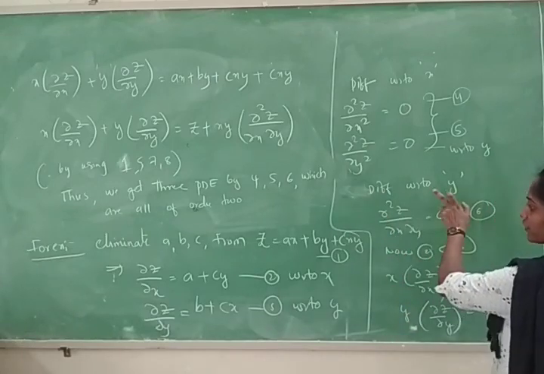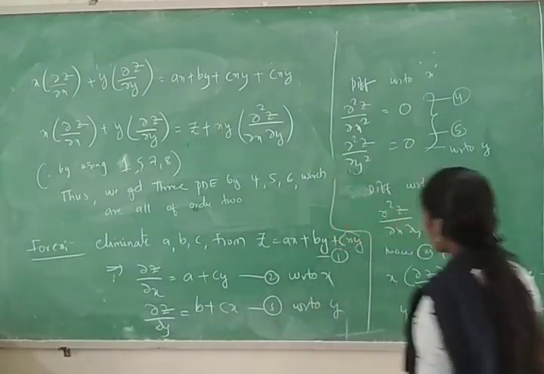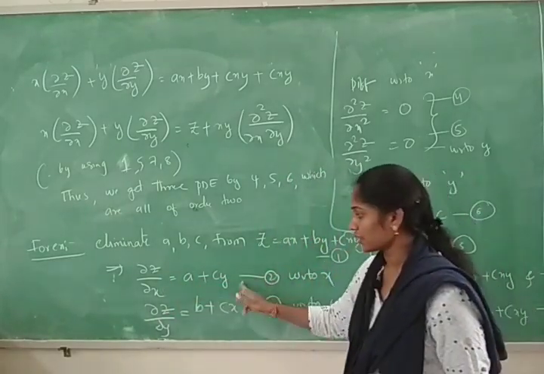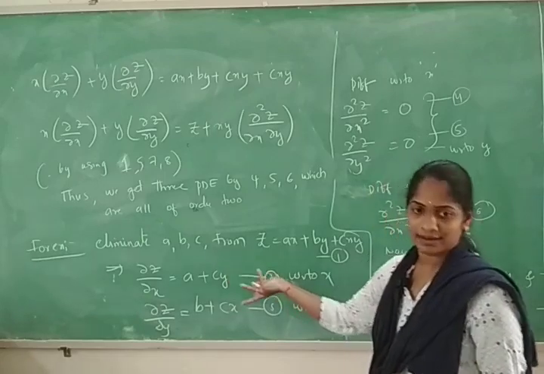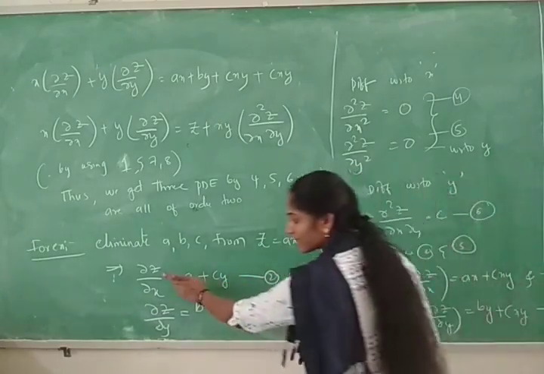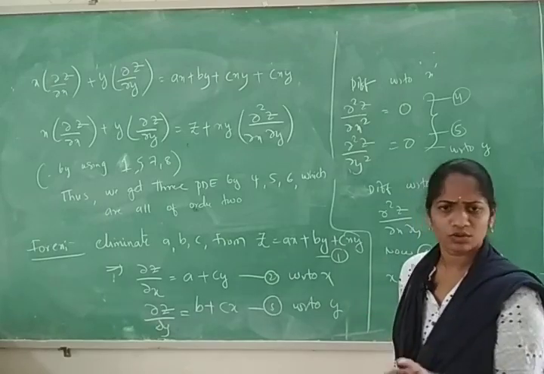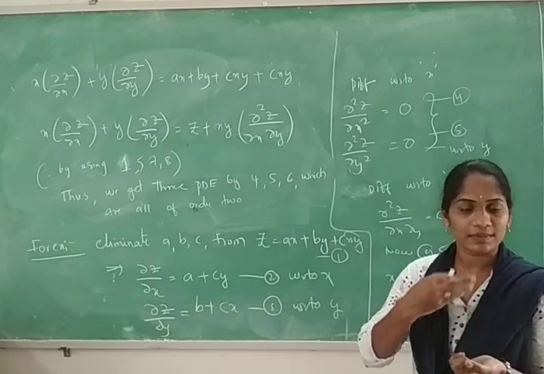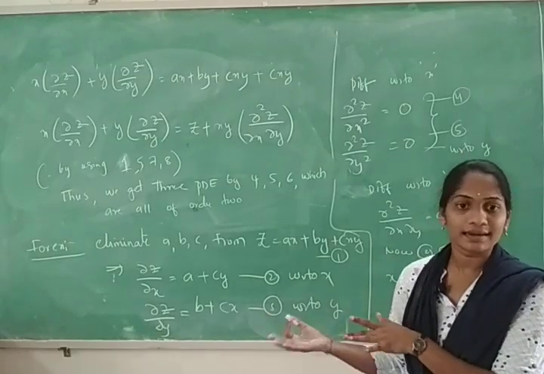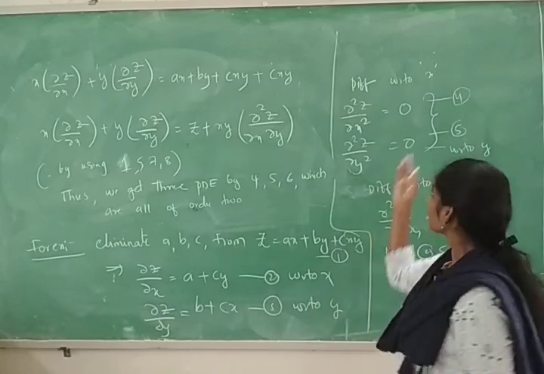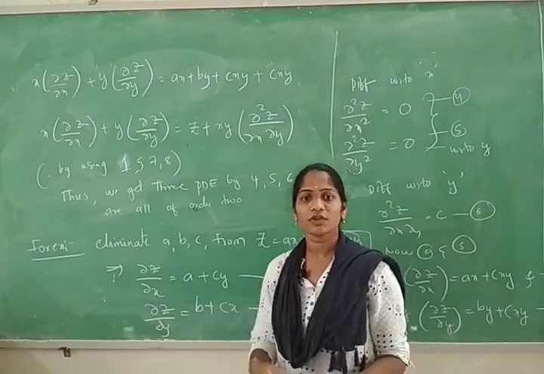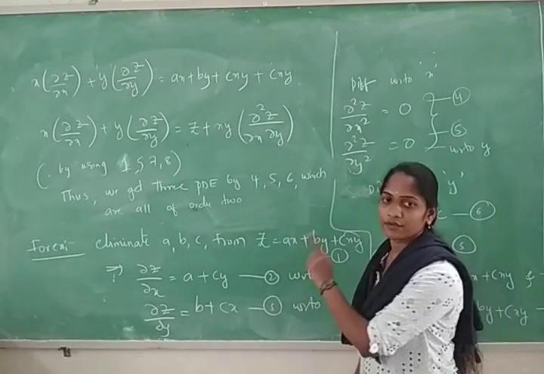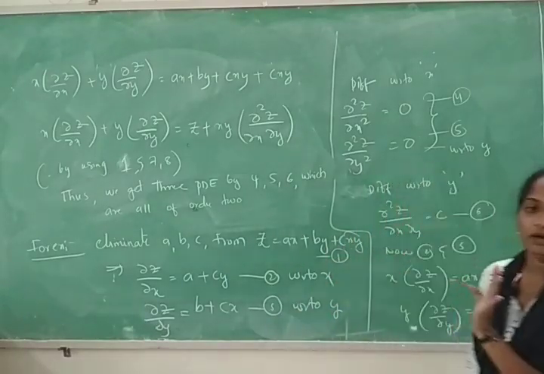So these are the equations, and again I am differentiating with respect to x and y. If you differentiate with respect to y, what happens here? See, dou z by dou x of y is equal to c. You are differentiating with respect to y. We have p, q, r, s, t, where r is double derivative with x, and t is double derivative with y. Because you have to get p, q, r and s, because it is a double derivative.